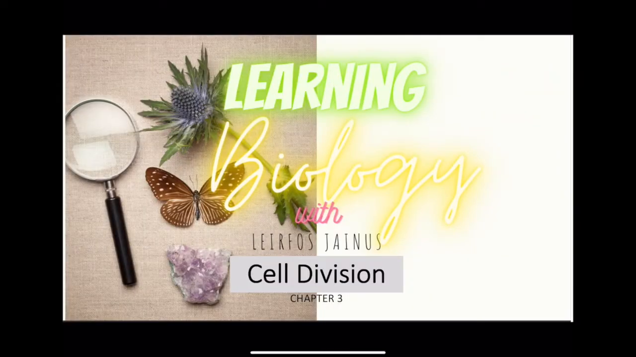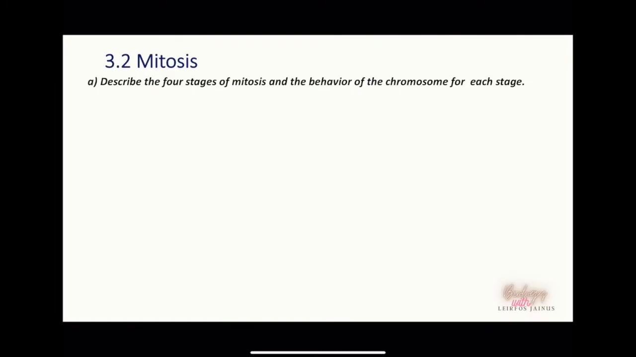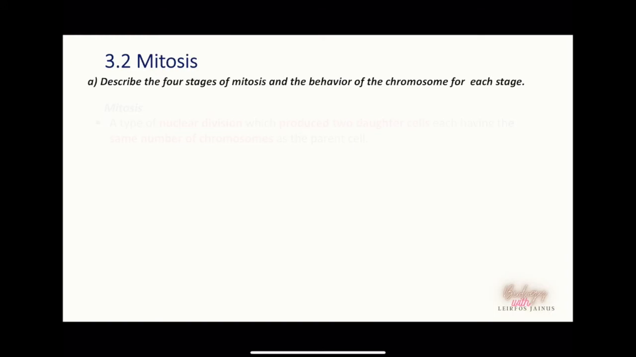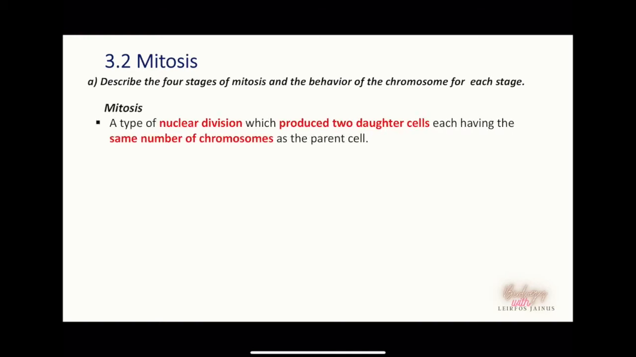Hi, welcome back. In this video, we will discuss cell division and we will focus on mitosis. Describe the four stages of mitosis and the behavior of the chromosome for each stage. Mitosis is a type of nuclear division which produces two daughter cells, each having the same number of chromosomes as